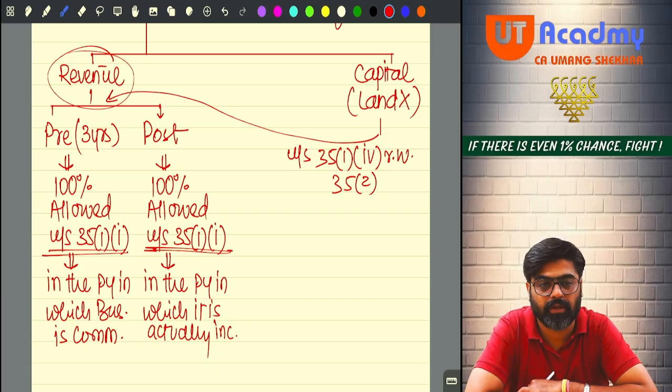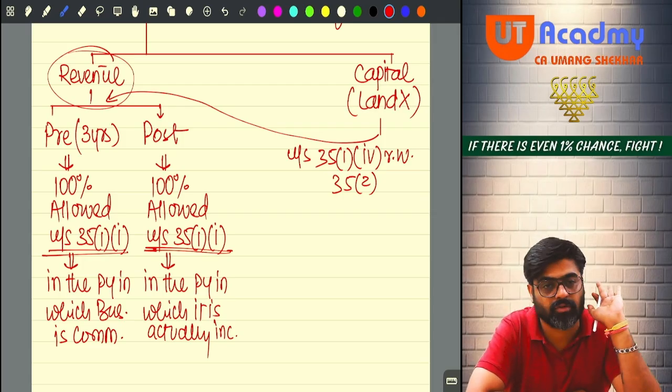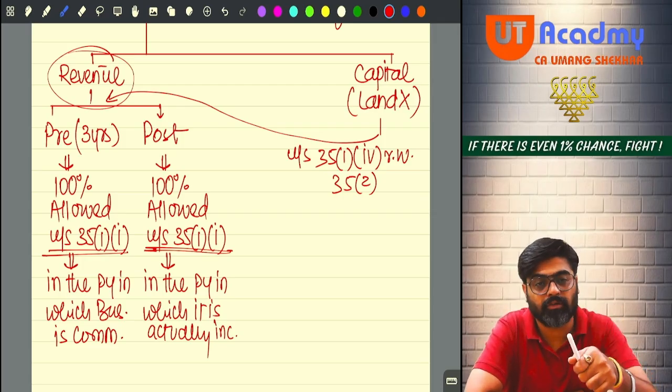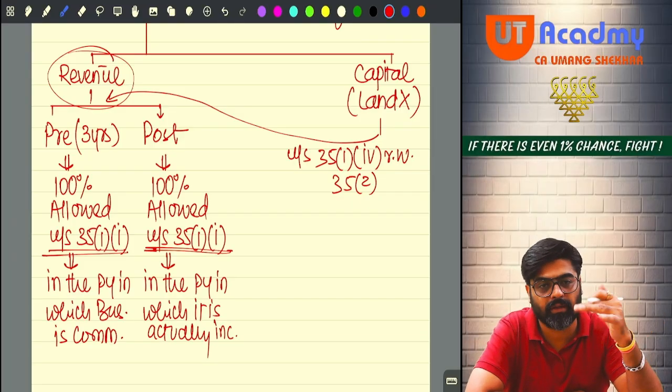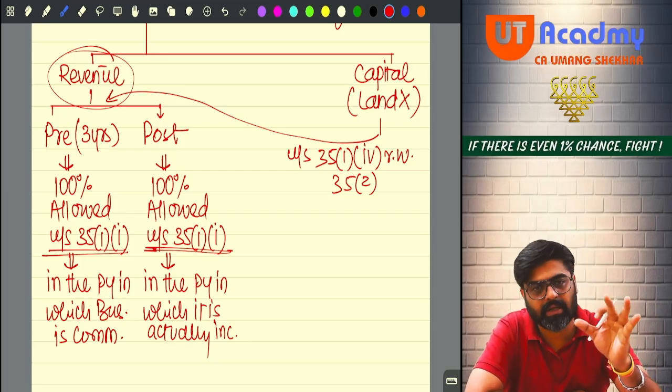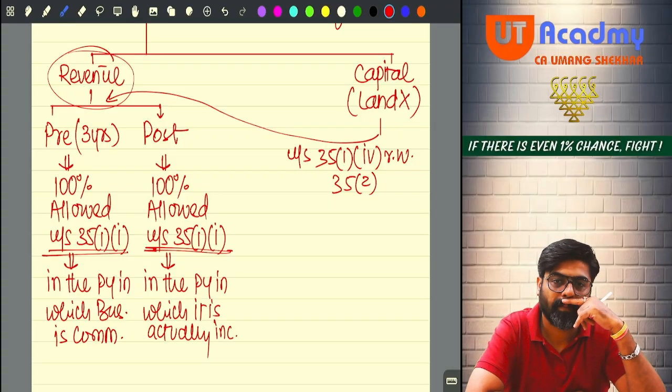What capital expenditure, sir? You are buying some assets for research purpose. There might be some research equipments, buildings, any furniture, etc. Meaning any asset which you are buying and will be used for scientific research only. Yes or no? But the asset should not be land, other than land. So whatever actual cost of that asset will be there, whatever capital expenditure you have incurred, even that entire amount will be allowed fully. Getting my point?